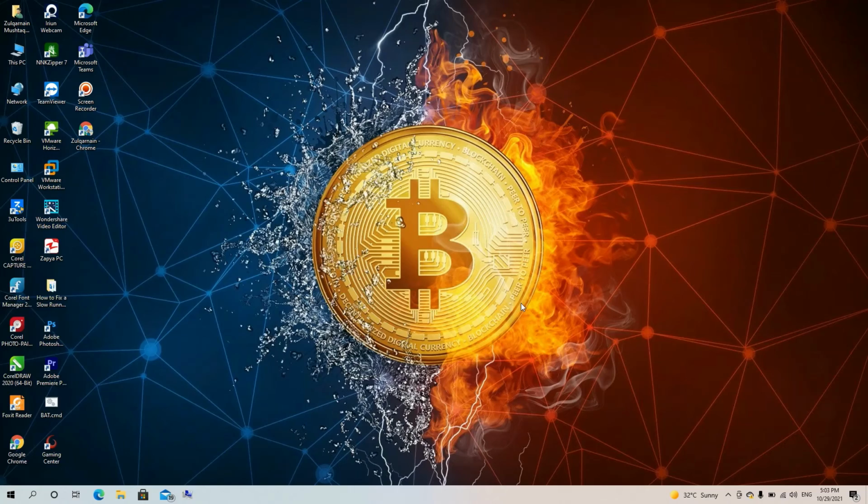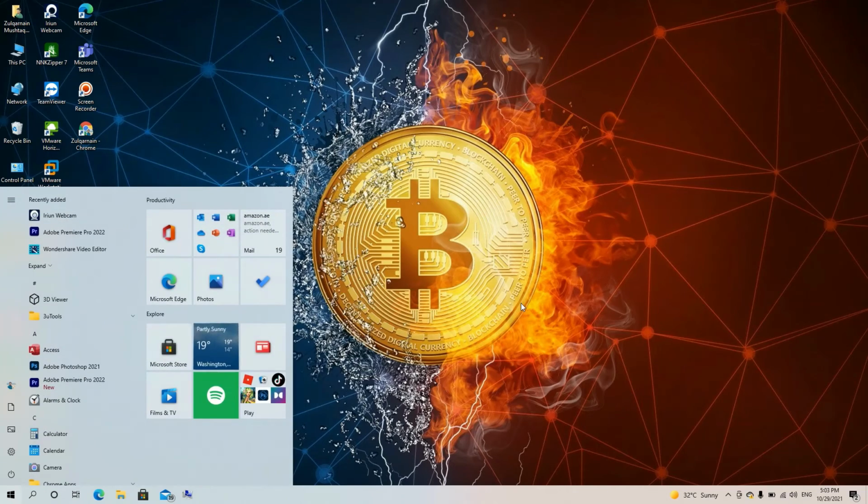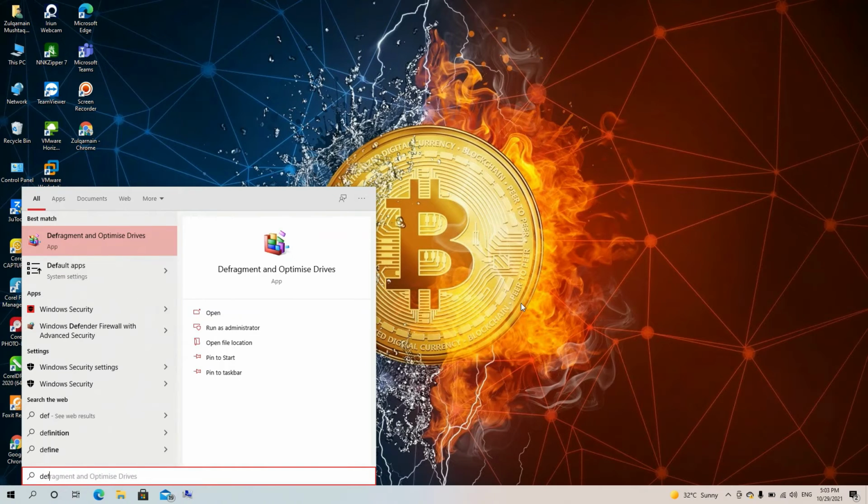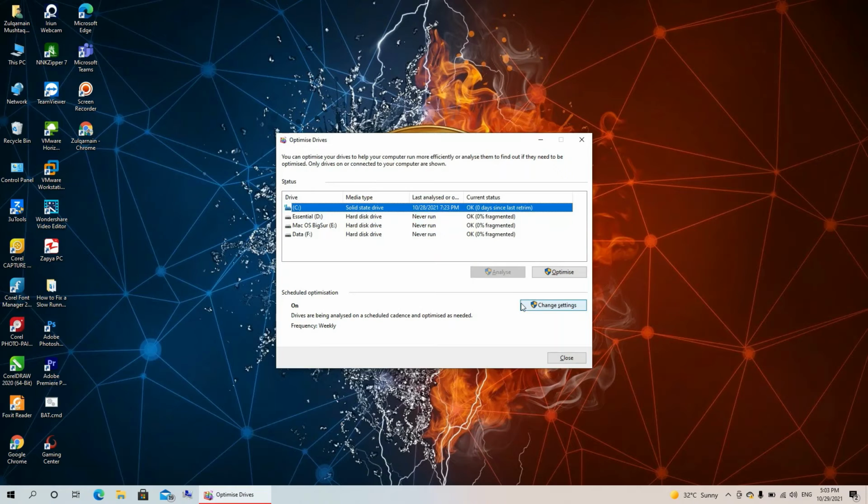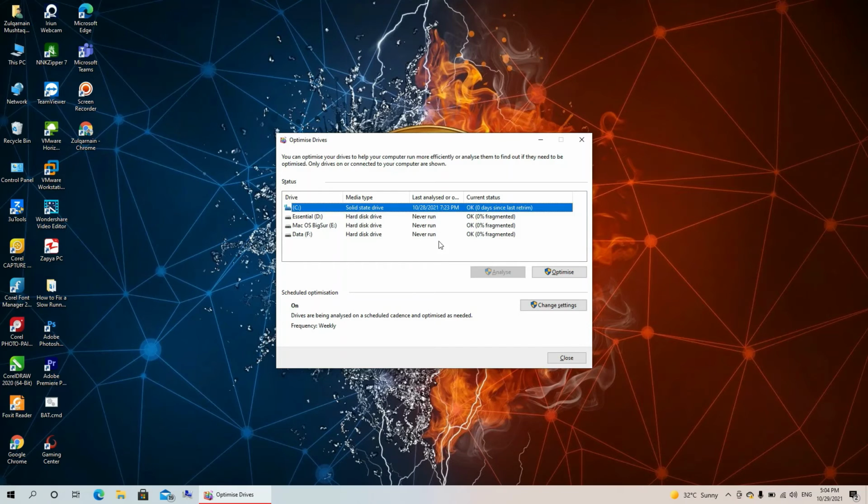Secondly, we have another option there. Just go to your startup bar and type there defragment. You will get to this one, defragment and optimize drives. Open that one and select your Windows operating system drive only. In my case, my system is having 2 hard drives, so I installed Windows operating system only in SSD drive, so I will optimize the same.